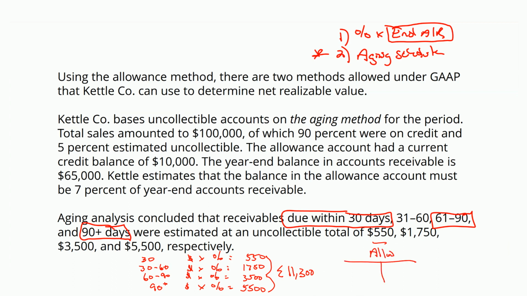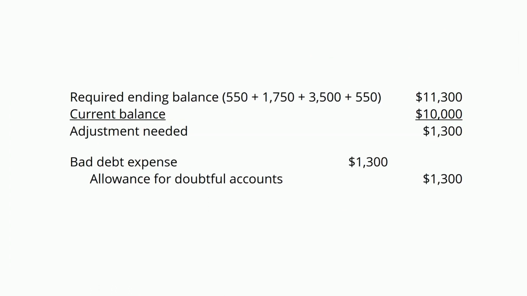So again, our allowance account, we start with our beginning balance, no change in the facts, beginning balance, current credit balance, $10,000. Okay, we have a desired ending balance of $11,300. That's step one per our aging schedule, where we did not have to do the math. The dollar amounts were given, but if they weren't given, we know how to find that. Okay, guys, so you know we're going to have to increase our allowance account. We're going to have to increase it by how much? Obviously, $1,300 that we're going to need to increase that allowance account. Okay, obviously, how do we increase the allowance account? Well, obviously, that's done with a credit. So what would be our journal entry?